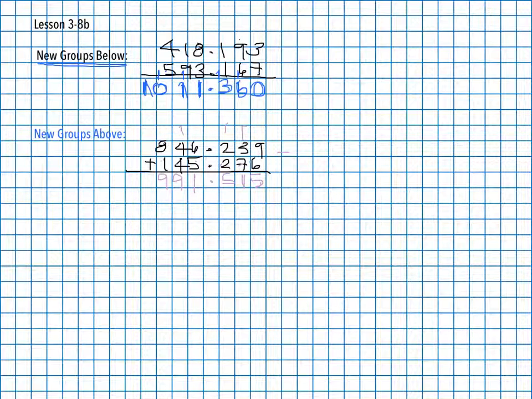Now, the final problem that we're going to look at, and why don't we just do this in red here, just so we have them all in a different color, is called the subtotal method. Now, this is very much, again, like partial product multiplication, only instead of multiplying, we are going to be adding. And I'm going to slide this over here because the number we're going to be working with is a bit large. So we're going to start with